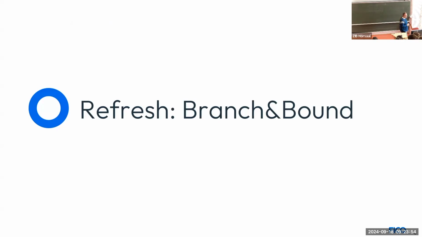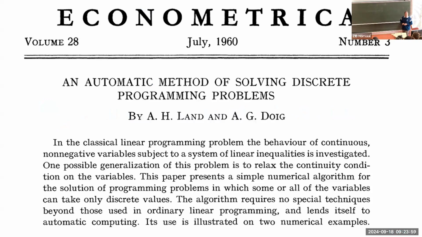Okay, so let's get a refresher. What is branch and bound? A method that has been around for many years. This is the original paper where branch and bound was introduced. One thing that I find fascinating is that this procedure, which at least to me seems so intuitive, that's the first thing I would think about how to solve a complex problem, try to split it up and essentially enumerate it, was introduced after the cutting plane procedure. So the first thing people came up with was the cutting plane algorithm. And only a couple of years later, branch and bound